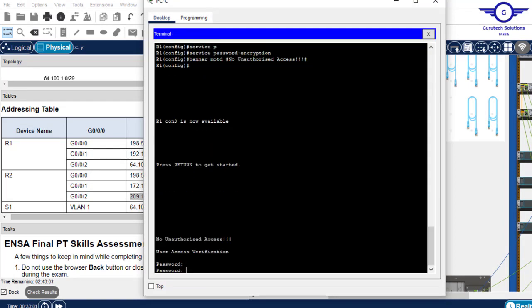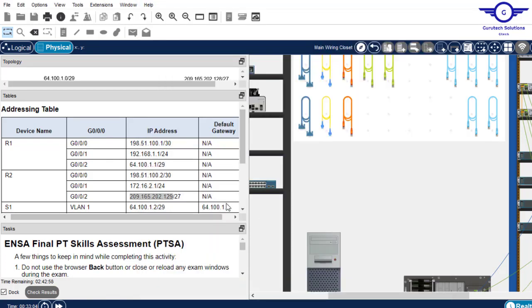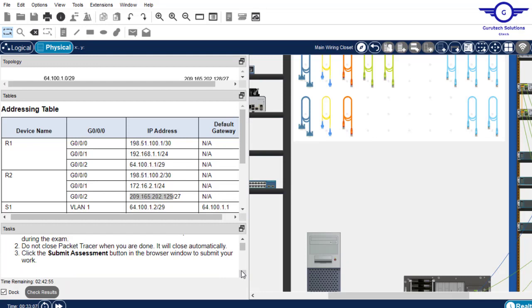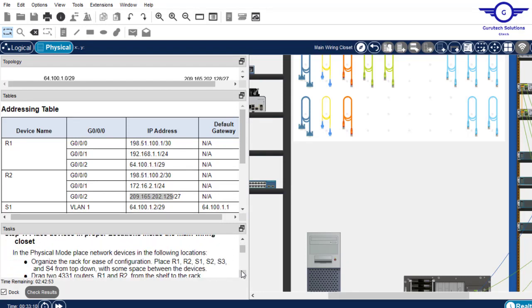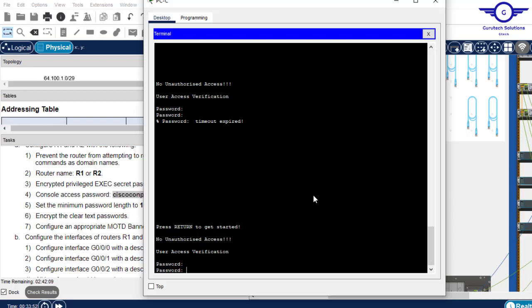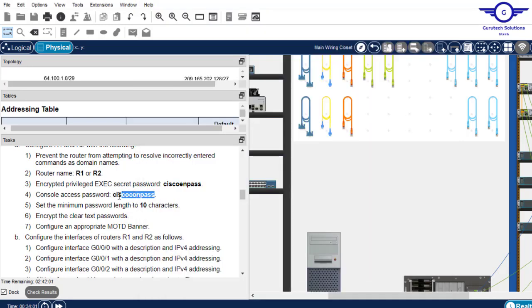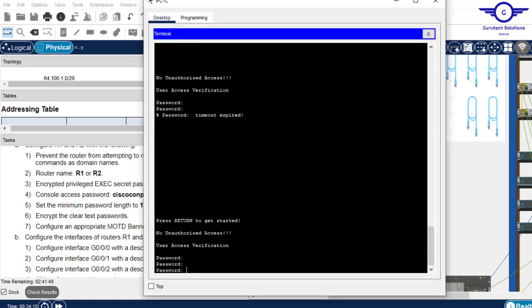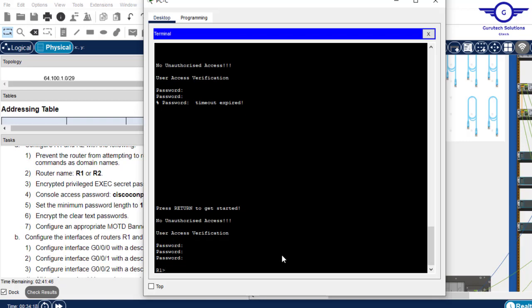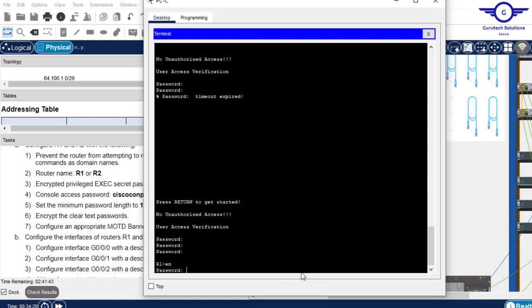Okay, so what was our password? I've forgotten our password, so I'll just try to retrieve the password. So paste that. It was Cisco pass. Sorry, Cisco, this one, it's Cisco pass. Sorry, Cisco, sorry, Cisco. Okay, enable, then I paste the same. Okay,